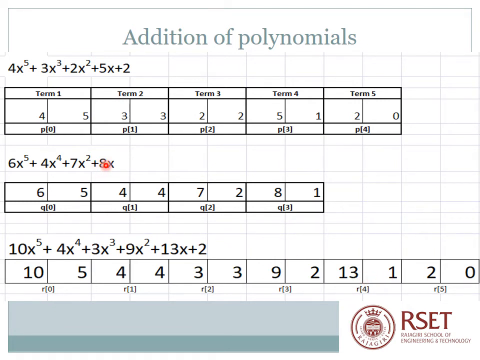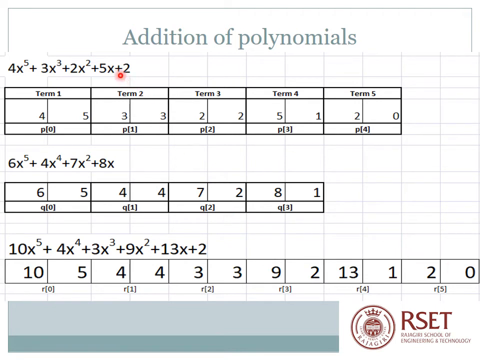So now it is time to actually stop the iteration of the loop. So basically your loop will iterate until one of the polynomials becomes exhausted. So in our case, the second polynomial had only 4 terms. So once the index variable advances, it will not be having any more terms to traverse. So there is no point in comparison. So when one of the polynomials gets exhausted, that is, if the number of terms in one of the polynomials is over, then it is a matter of just copying the terms of the other polynomial to the resultant array.